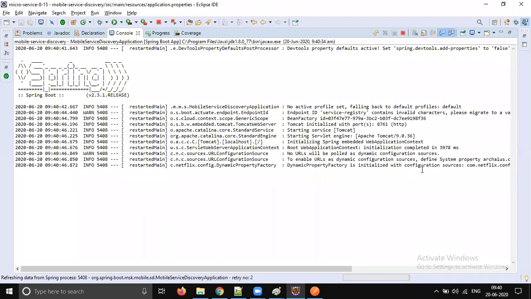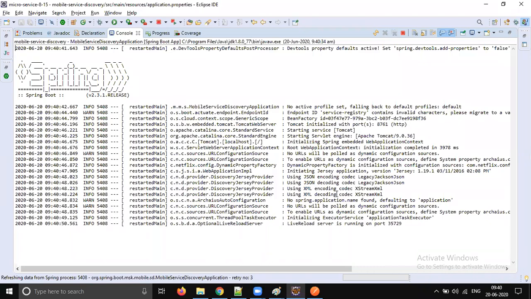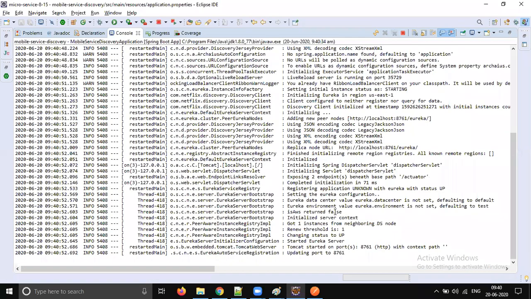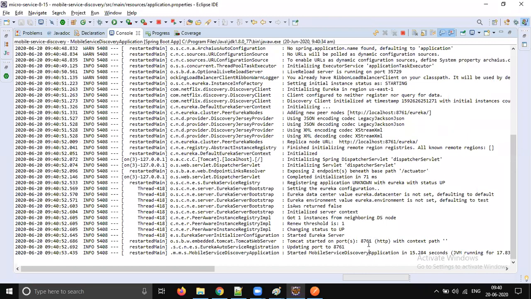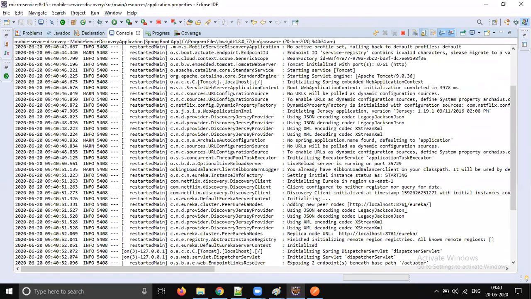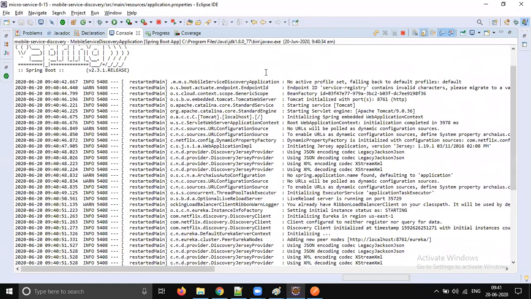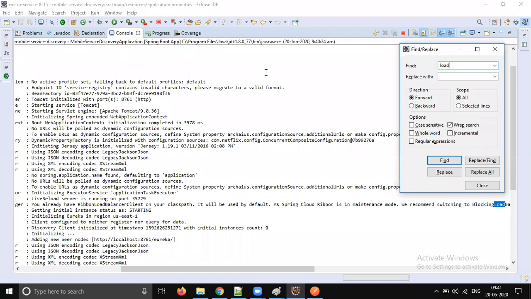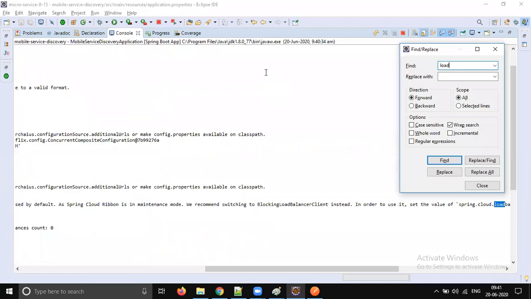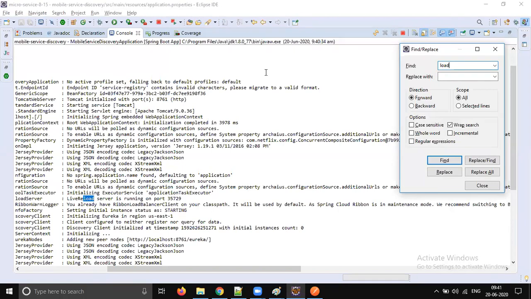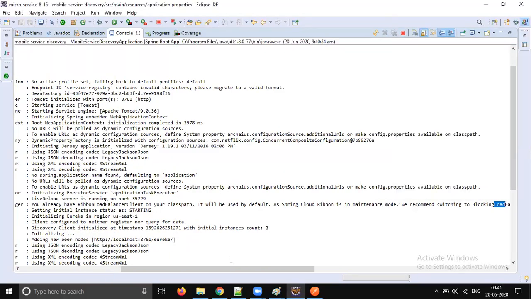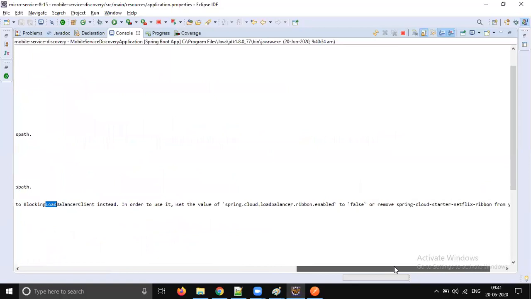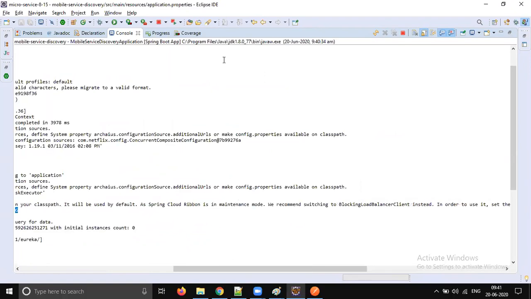Spring has some load balancer concept, so you see that it is printed. Ribbon enabled. Okay, so some load balancer is enabled automatically.